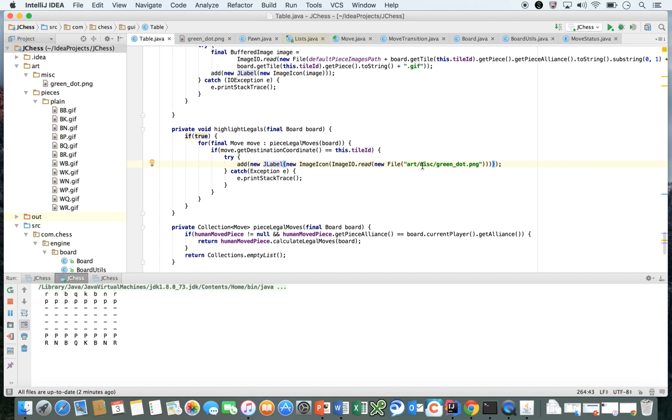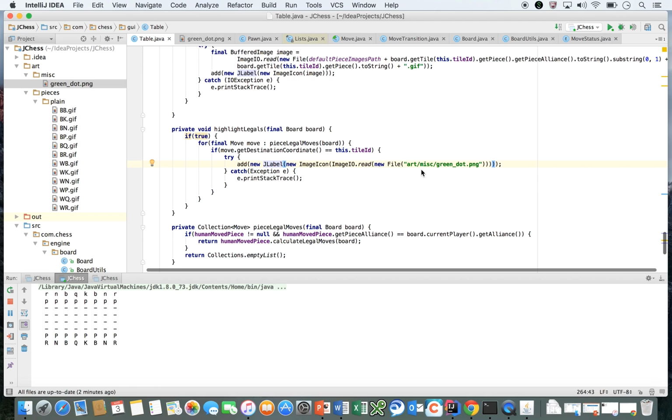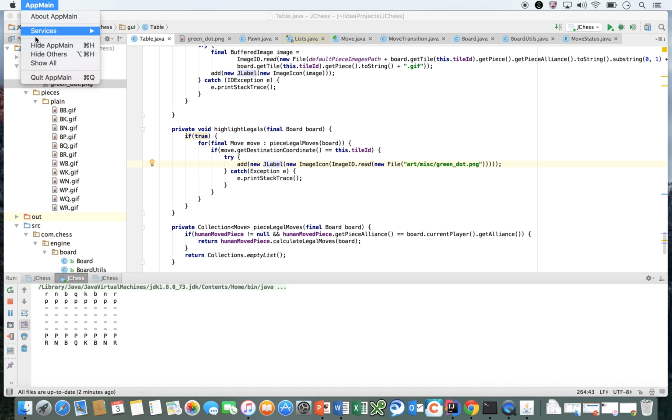We're going to say new file, and notice that I've added a new graphic. You can get this from my GitHub repository. It's called green dot, right? So art miscellaneous green dot. Okay. So now, if we were to